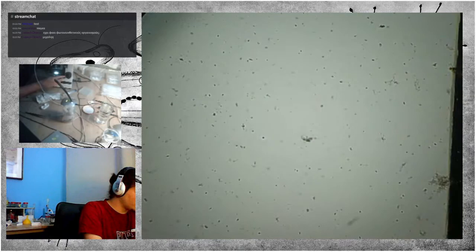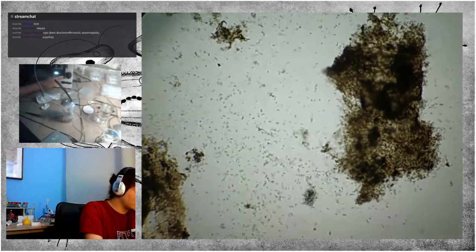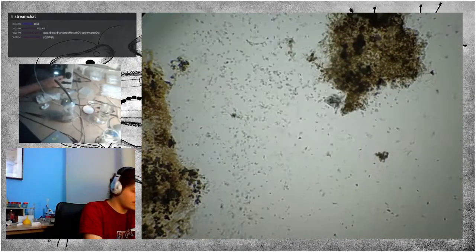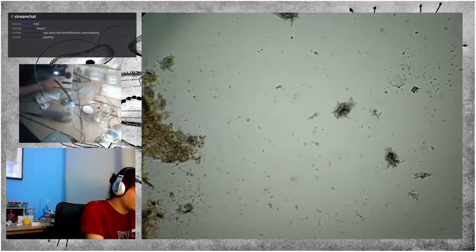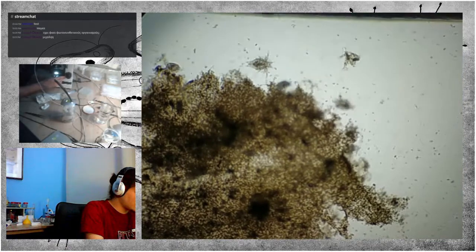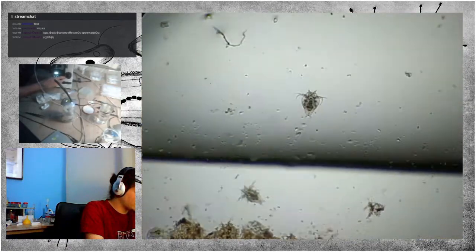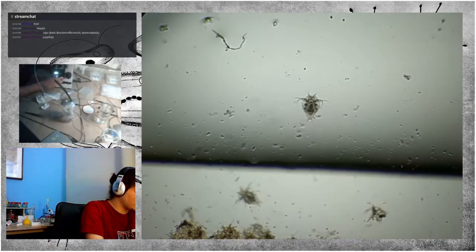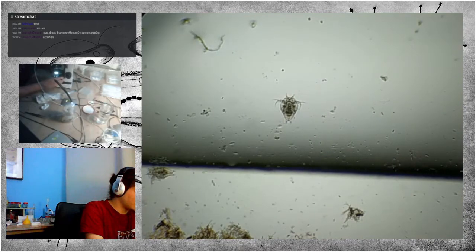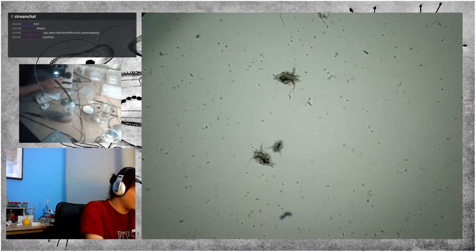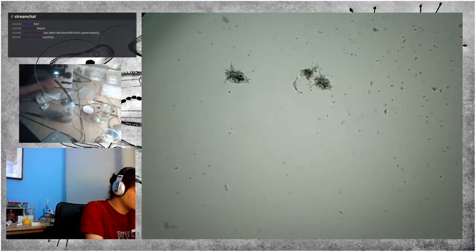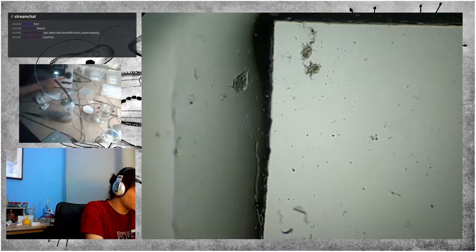Oh, so what you're seeing move around was one. Now there are quite a few. Now you can see here that the water has leaked out of the slide. Larvae of copepods, in general,